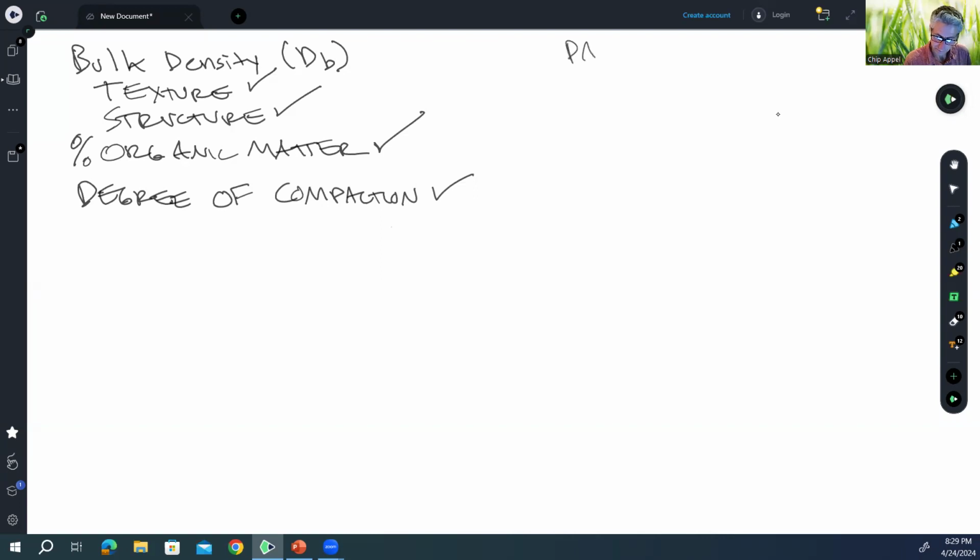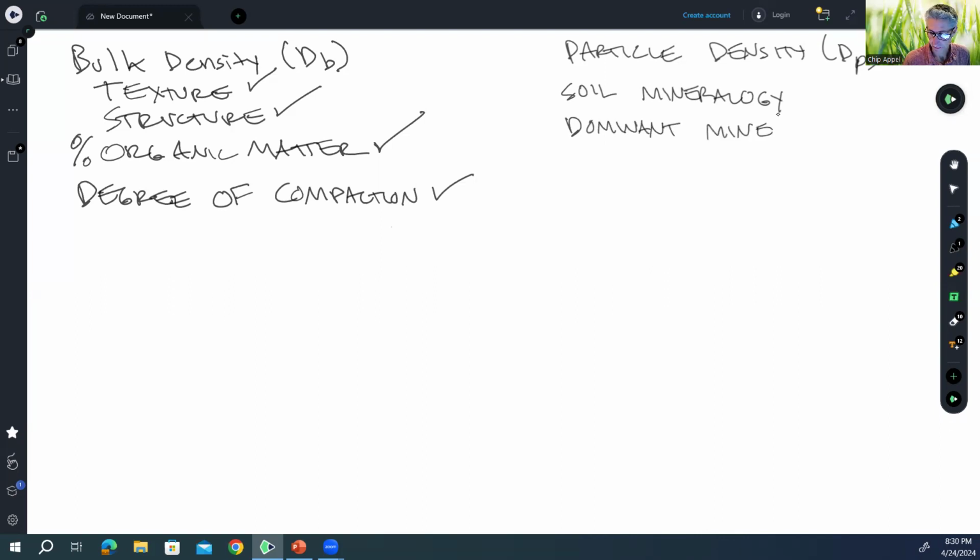particle density, right? It's just another mass over volume, dP. It does not depend on any of those things. It doesn't depend on texture. It doesn't depend on structure. It doesn't depend upon organic matter content or the degree of compaction. What it does depend upon is the soil mineralogy, that is the types of minerals that we find in a soil. And the dominant mineral of most soils, and certainly in the temperate region,